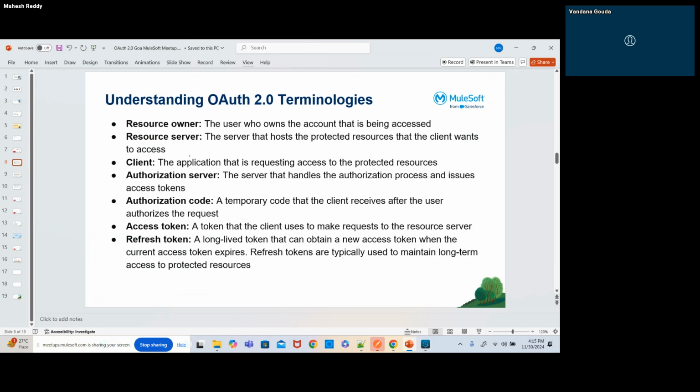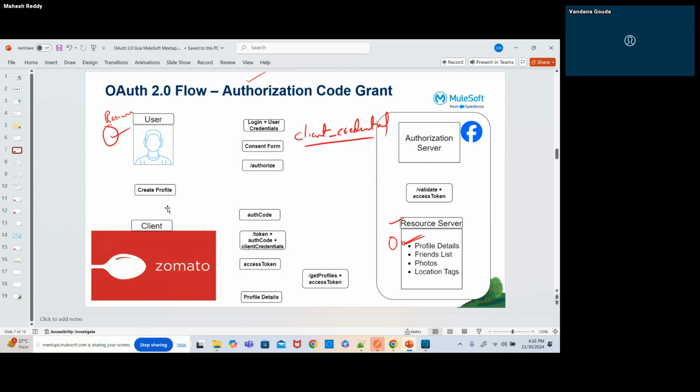See, the refresh token is also a token which will have a longer lifetime when compared to the access token, and it will help us to automatically generate the access token without again following the further process. For example, if you see here, this Zomato client has a refresh token. Again, no need to follow all these steps exactly. With the help of that refresh token itself, an access token will be generated, and the access token can be used